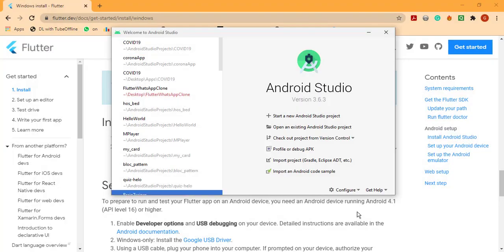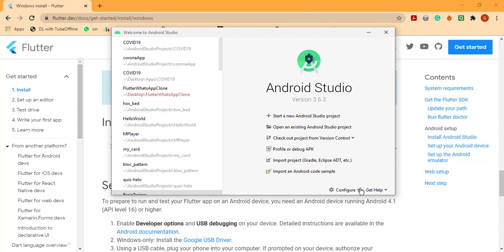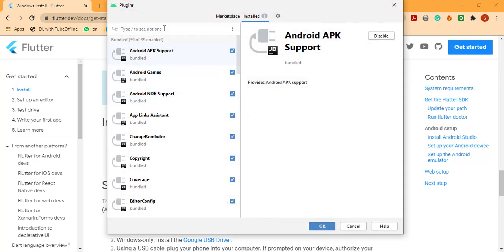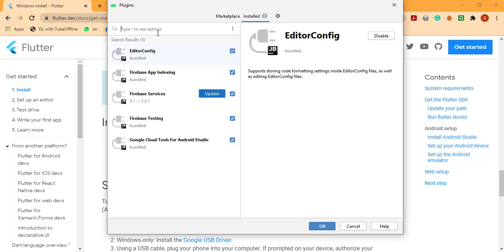Now my Android Studio is open. In this window, can you see the configure option? Yeah, this configure option. Please now go to plugins. After plugins, you have to install two things.